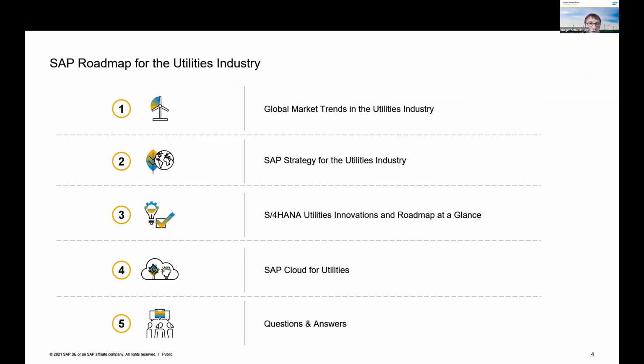After a short, quick introduction into our observation of the global market trends within the industry, we'll talk about the overall strategy of SAP in the utilities industry, how we have broken that down into the different bits and pieces, the different solutions that we have. Of course, one of the key aspects here is the topic around S/4HANA utilities.